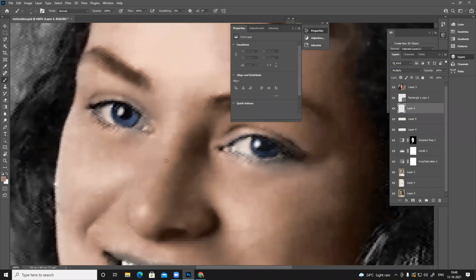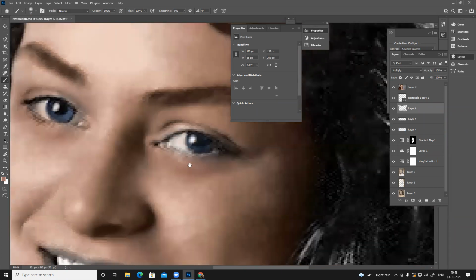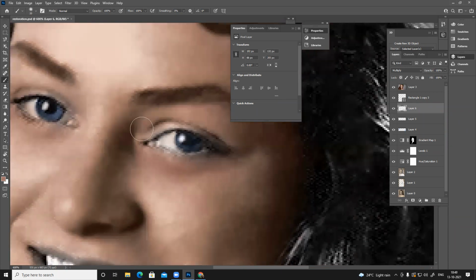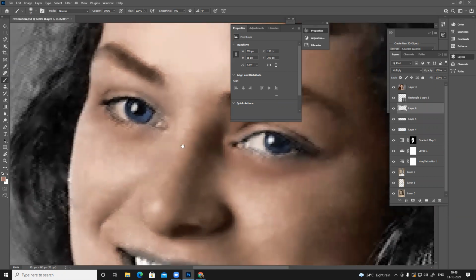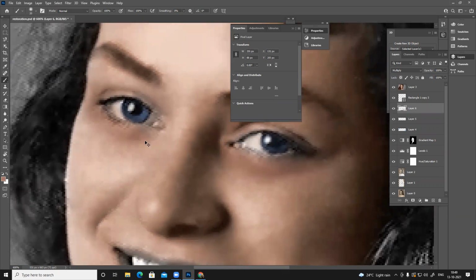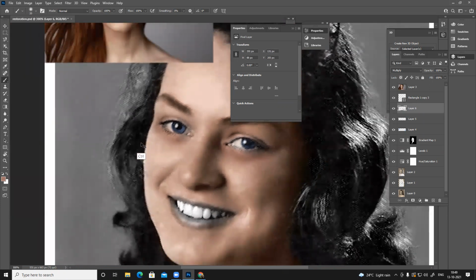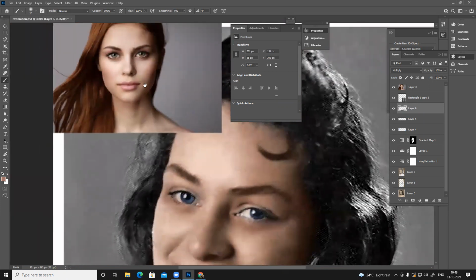Multiply, soft brush, and very low intensity.